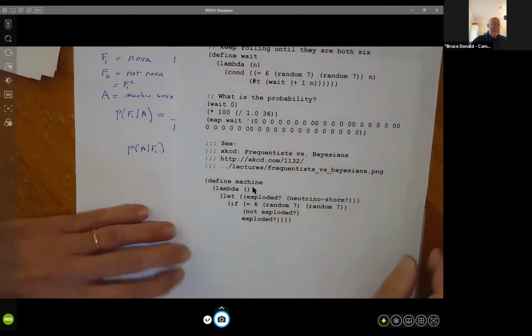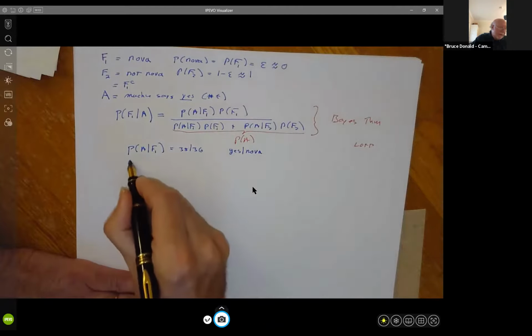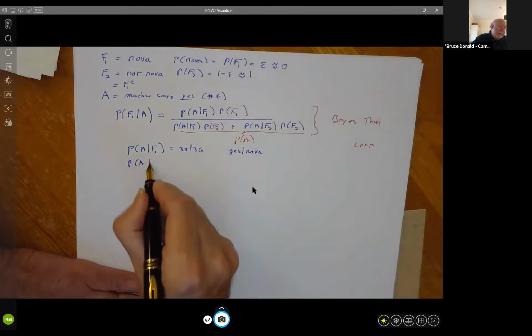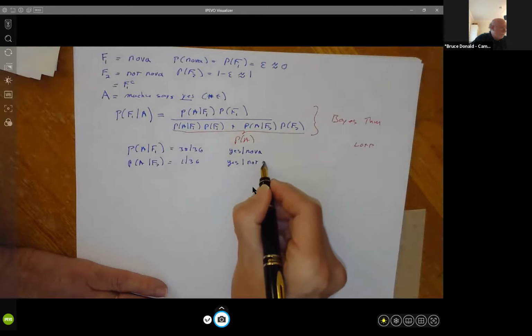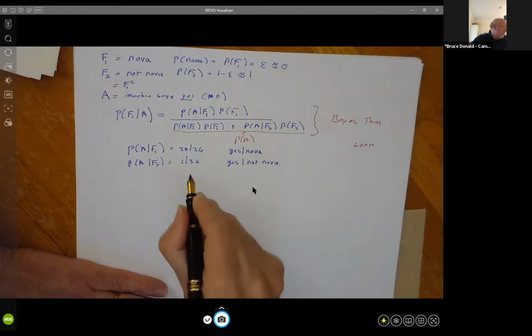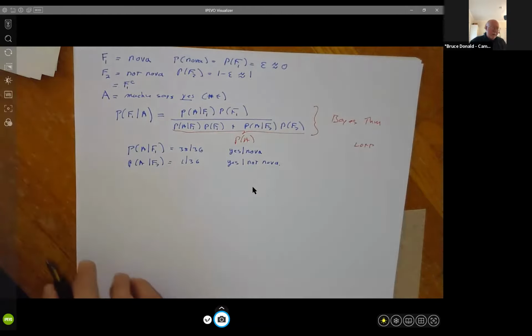Let me just annotate this. The probability the machine says yes, given that the sun has actually exploded. On the other hand, the probability of A given F2 is equal to 1 over 36. This is the probability that the machine says yes, and the sun has not exploded. Okay, so armed with these two probabilities, which come directly from our combinatorial probability analysis of dice, we can now